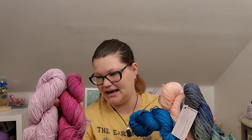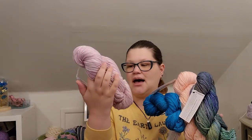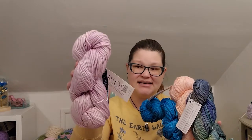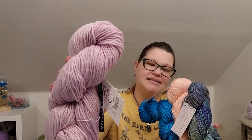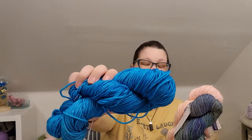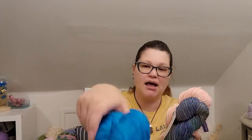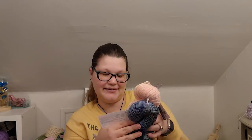English Rose is the dark pink. Valentina is the light pinky purple. Cyan is the blue, and that's like a true cyan. It's reading a little darker on the screen. God, my pile is so big. And then